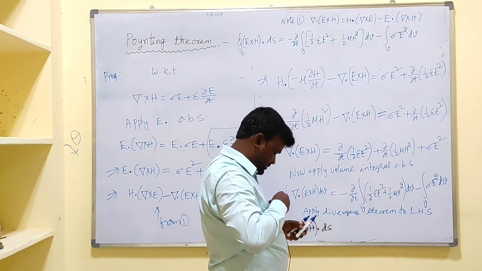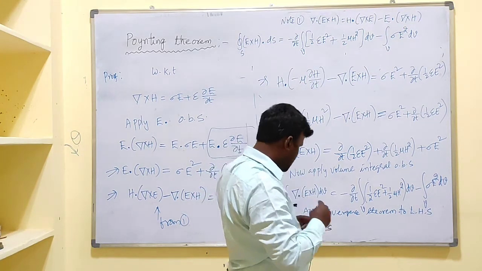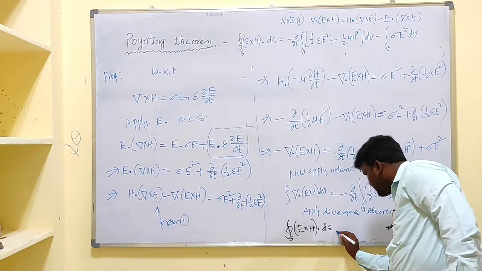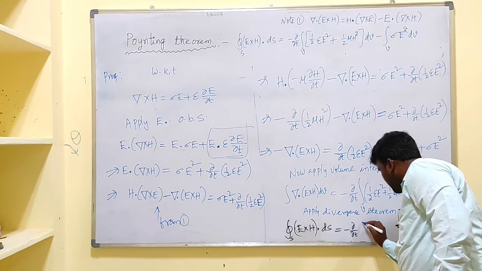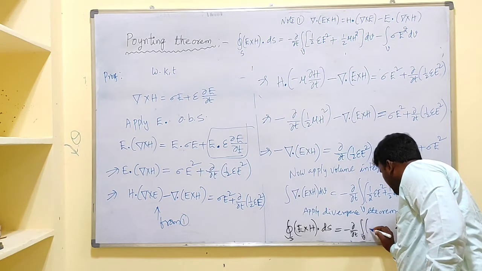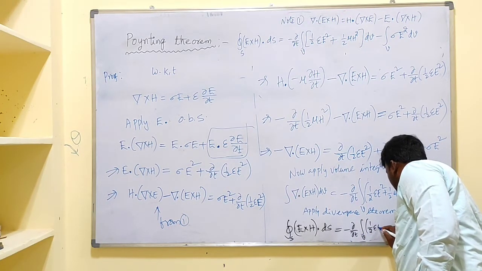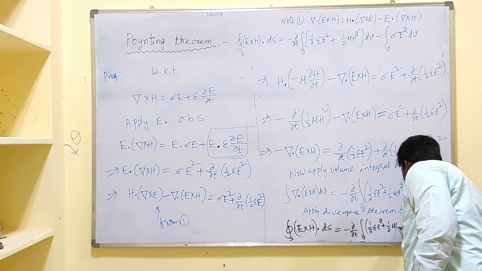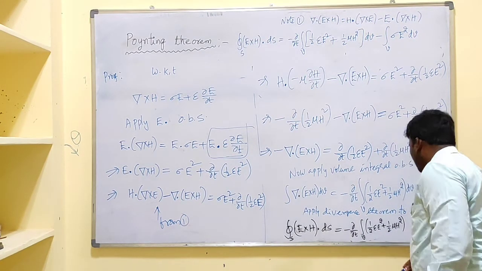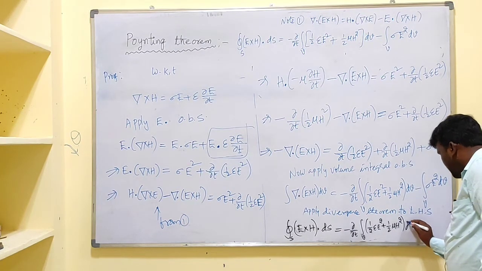It can be written as minus ∂/∂t of the volume integral of (1/2 εE² + 1/2 μH²) dv